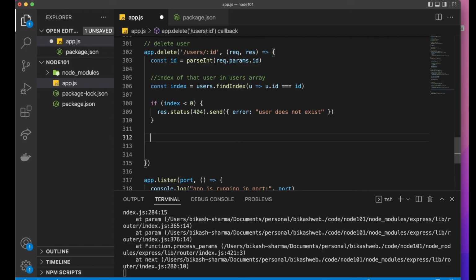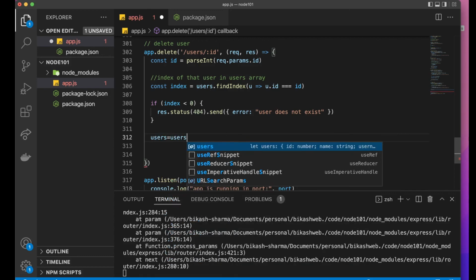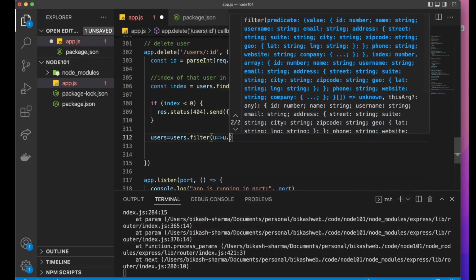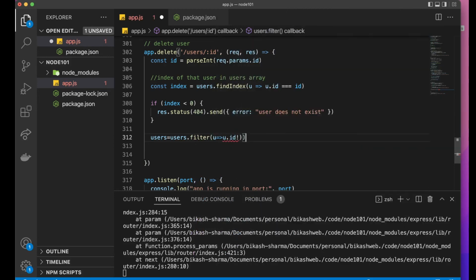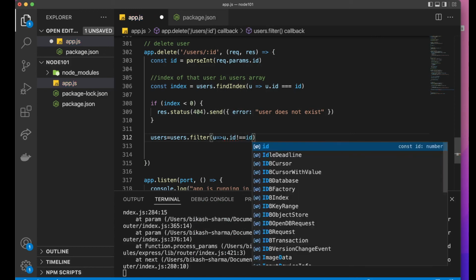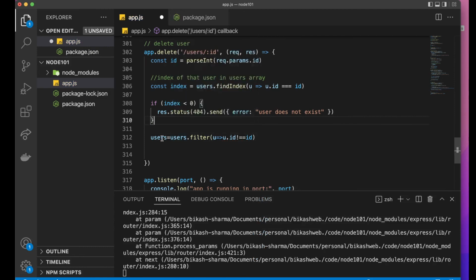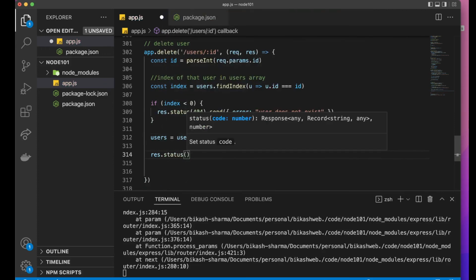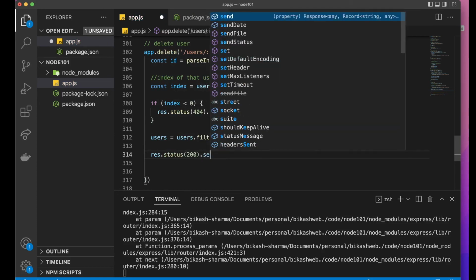So all we can do is we can have users, and users will be users dot filter, and then we have user where u.id is not equal to id. So that means we will get in users every user except the user that we wanted to delete here. And now when we want to do response dot status, we can do 200, and then we can send